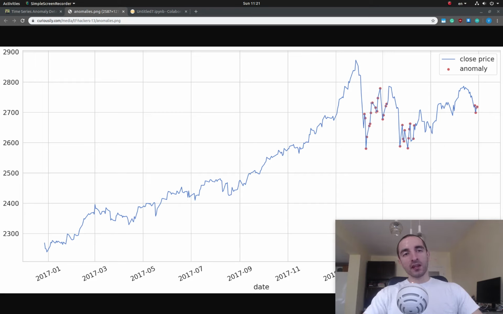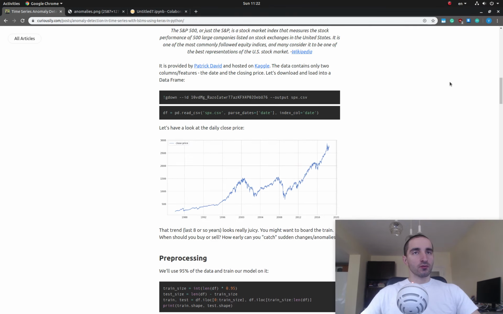Hey guys, today we're going to have a look at one way to detect anomalies in time series data, and we are going to do that using deep neural nets and more specifically LSTM Autoencoders. So we're going to do that using Keras and TensorFlow, and we are going to detect anomalies in S&P 500 daily closing price. So let's have a look at some of the data that we have for this tutorial,